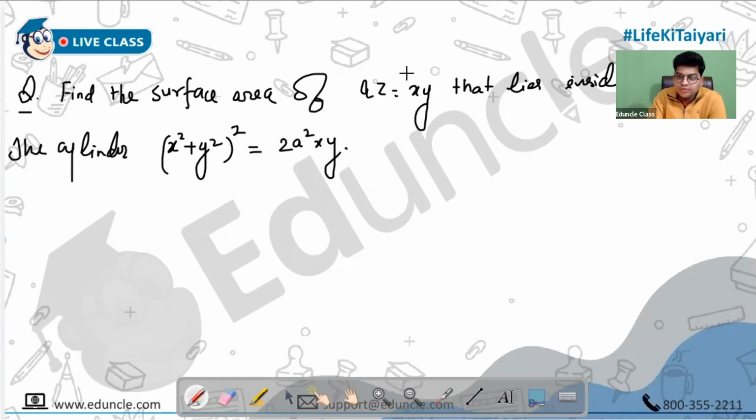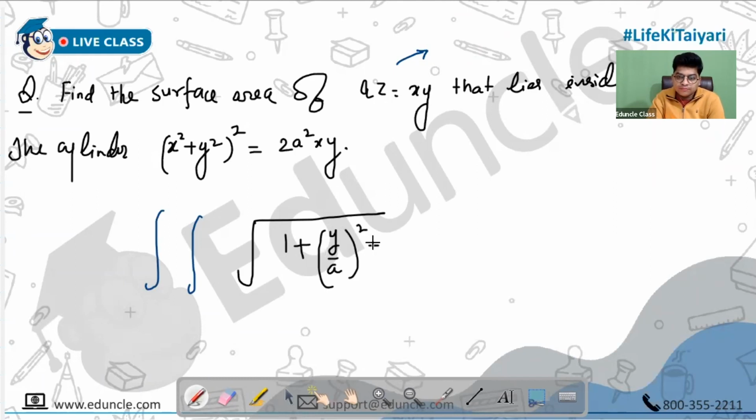You can do your work from here. What is simple double integration of, I don't know what is this, but just you can see. But what is this? Just let me know after this question. But first of all, this is under root of 1 plus del z by del x का whole square. Del z by del x आ गया y upon a, del z by del y x upon a, dx dy. Answer is